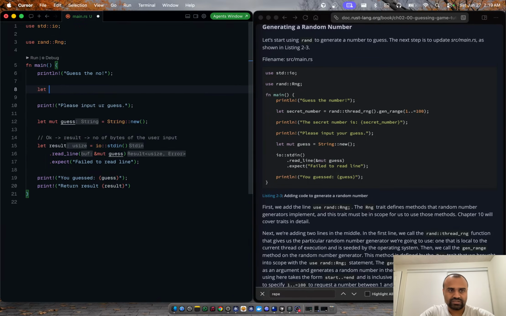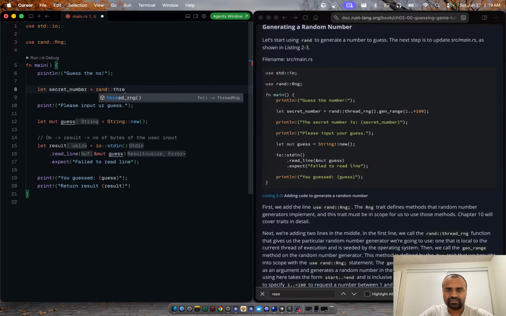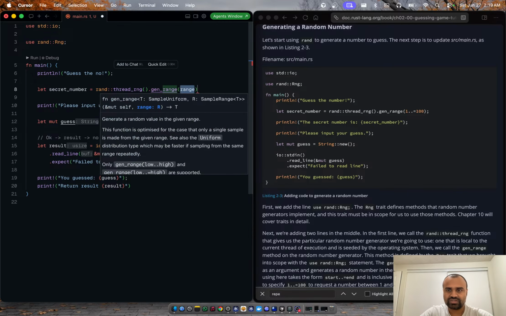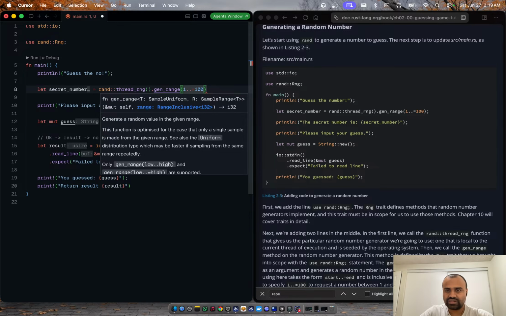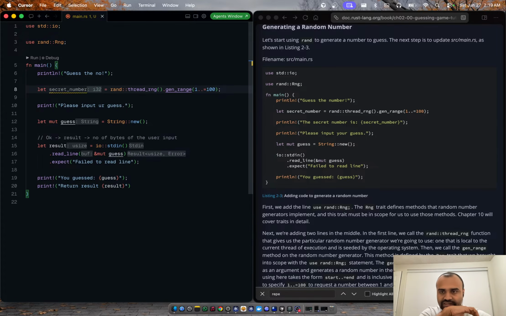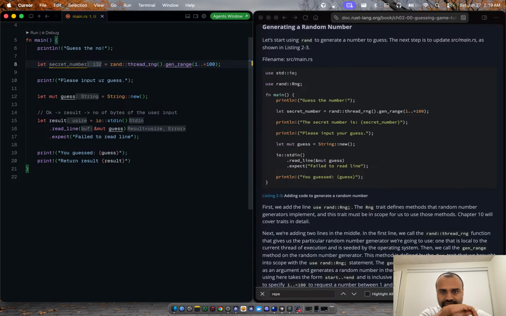Let secret number is equal to rand thread random generate range 1. I don't know. Okay, so much shorthand syntax. I think they're trying to say 1 to 100. The secret number is